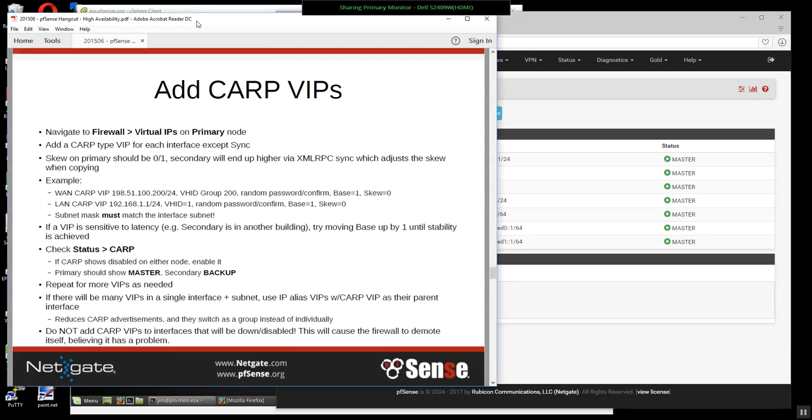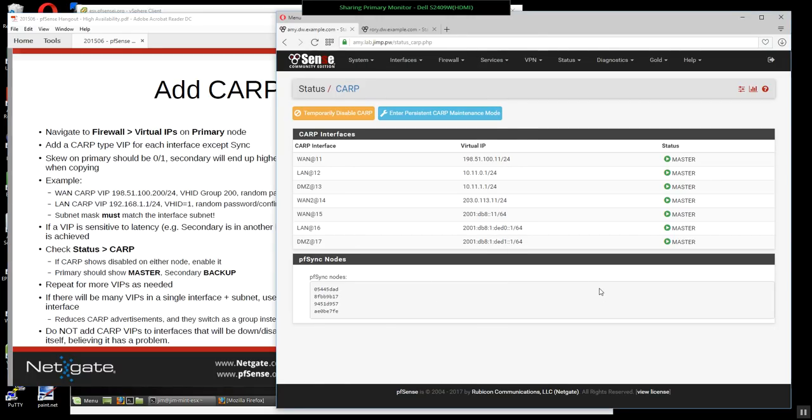So check that status out and just repeat that as many times as you want. You can check the status after you add each VIP. You can add a group and then add the VIP and then check them after, whatever you want to do that way. If you have a bunch of addresses, like say you need to add 20 or 30 of these